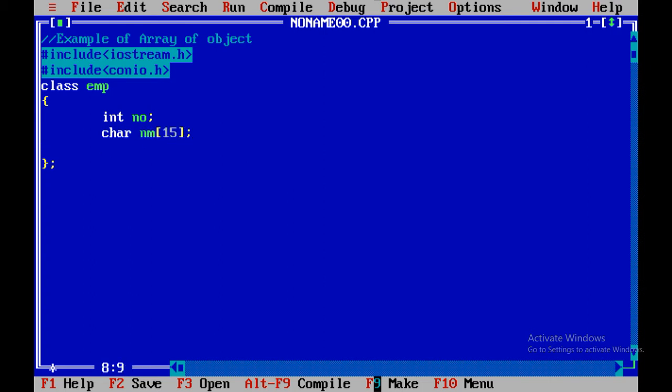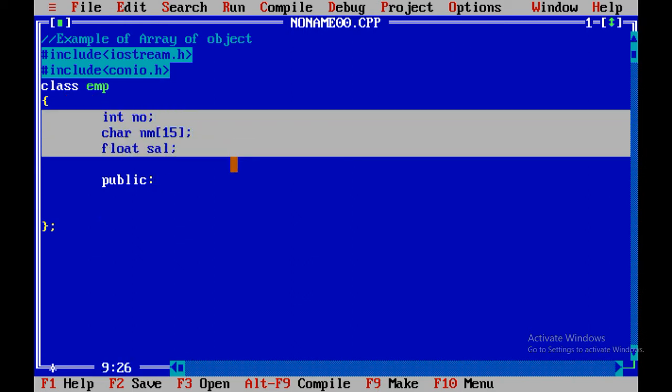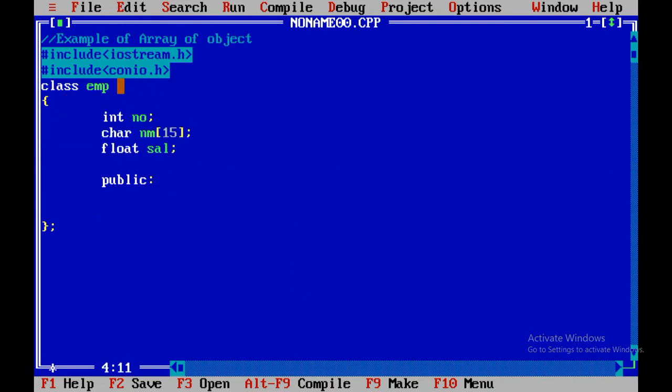Over here I have taken an array. You can also take a pointer instead of an array. If you want to allocate the memory dynamically, at that time you can use the concept of pointer. Then the public keyword, so it means these three variables are private variables of the employee class.